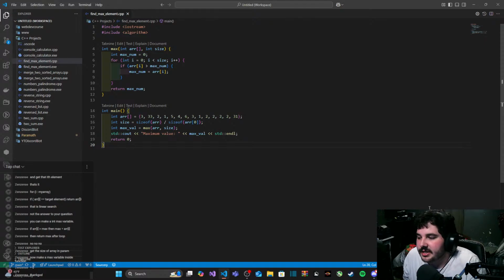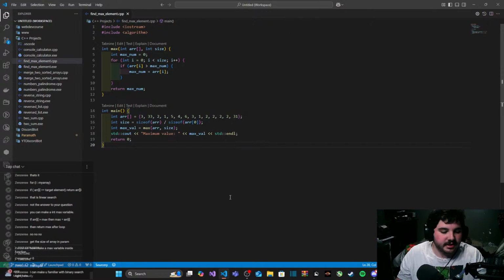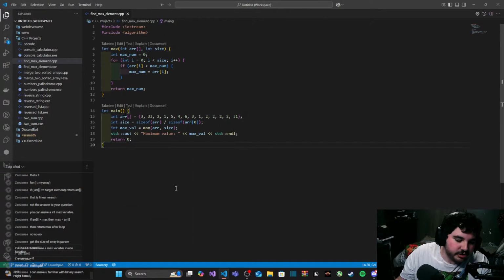So of course to me that's going to be easier, but once I get into the algorithms part and the actual analysis with big O notation, I'm probably going to struggle a little bit. So actually this might help me quite a bit to be prepared for it. I can make you familiar with binary search right here. Sure. Give me the rundown, I guess.